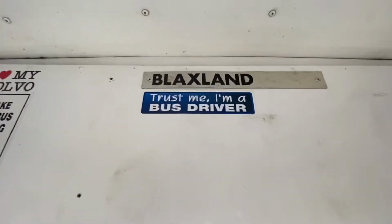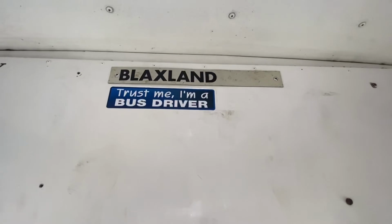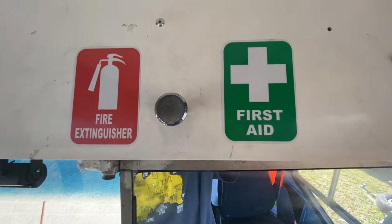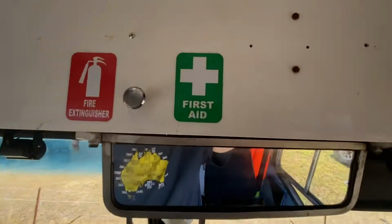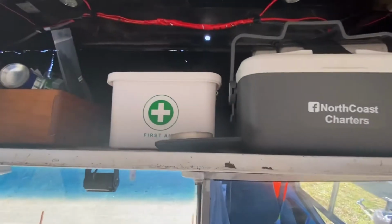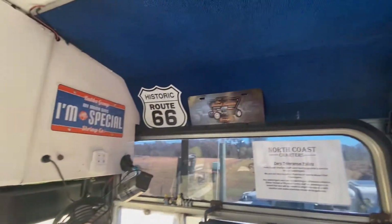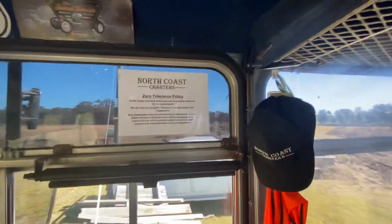A couple other signs that I got because I used to live in Blaxland, bus driver, the fire extinguisher, because it's down there, as well as the info for the first aid, which is in there. And a few other bits and bobs, as well as the zero tolerance policy, which pretty much says our staff aren't and passengers not